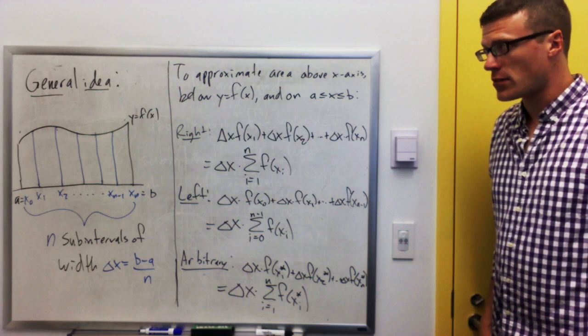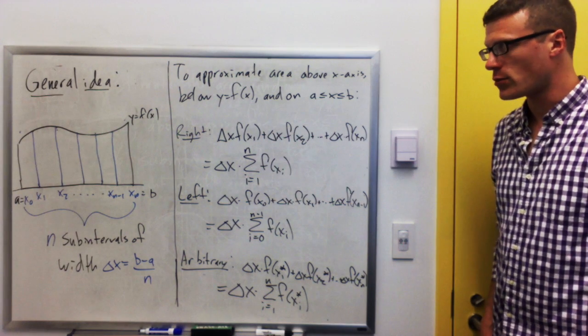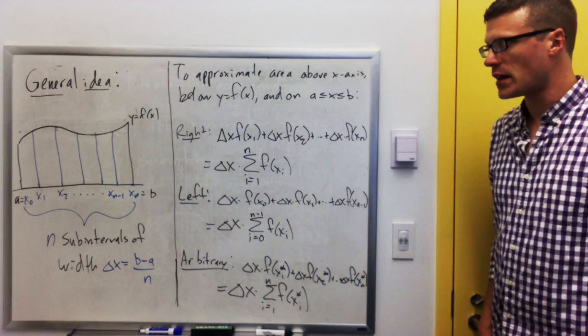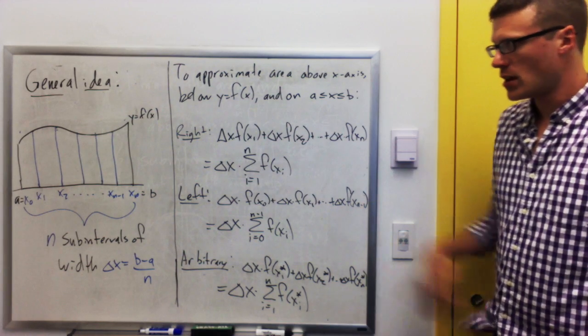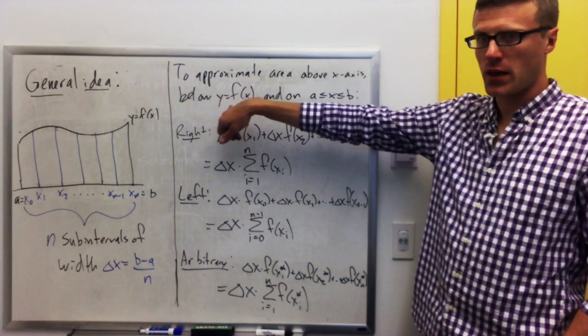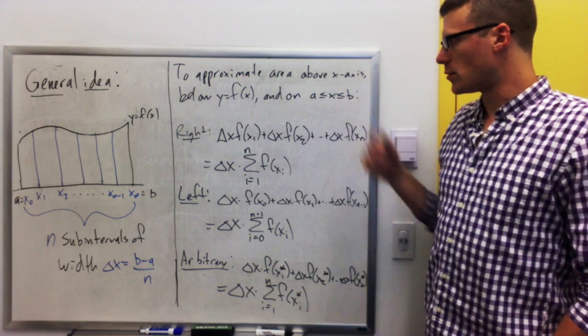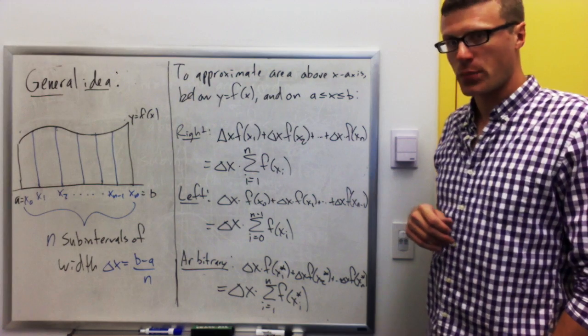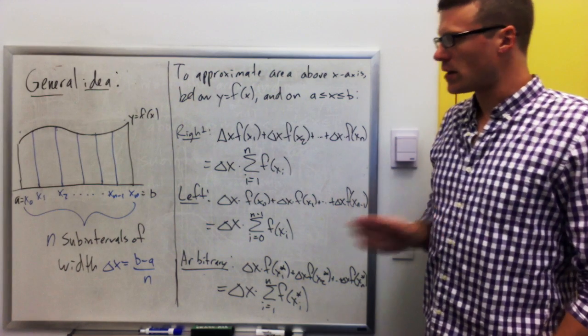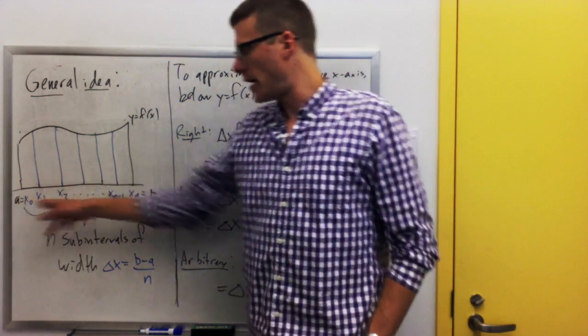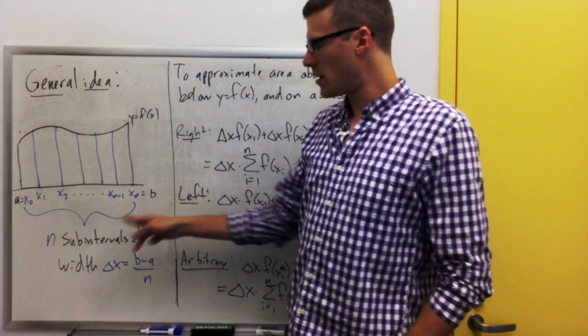This is the general idea that we are striving for. We're trying to approximate the area above the x-axis below the curve y equals f of x for some function f of x that lies above the x-axis and on the interval from x going from a to b. The way we do this is we take the interval from a to b and we cut it up into